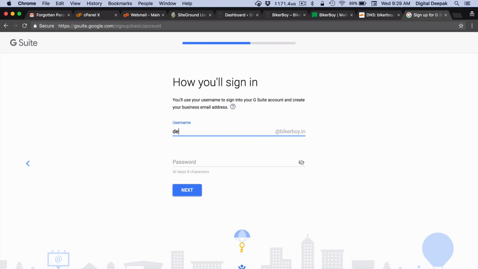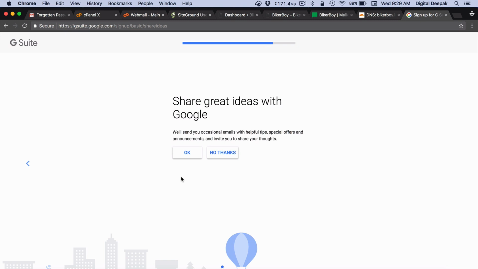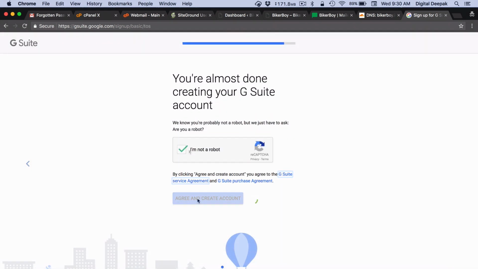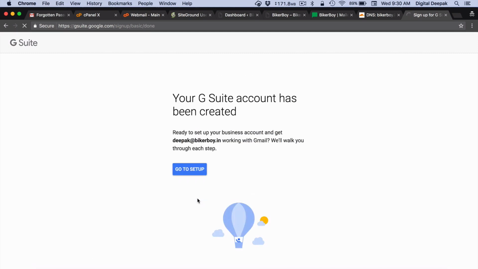Here I am creating the username, which will be Deepak at bikerboy.in, and I am creating a password for this account as well. So our G Suite account has been created, and the email ID Deepak at bikerboy.in has also been created.